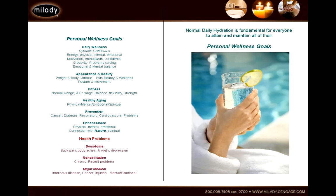And then people want to minimize the symptoms from health problems. Rehabilitation is a key wellness goal. Virtually everybody's had some sort of injury or situation where rehabilitation has been necessary. And then there's the whole range of major medical health problems that are a wellness goal that need to be taken care of. Now, when we look on the right side, we see that normal daily hydration is fundamental for